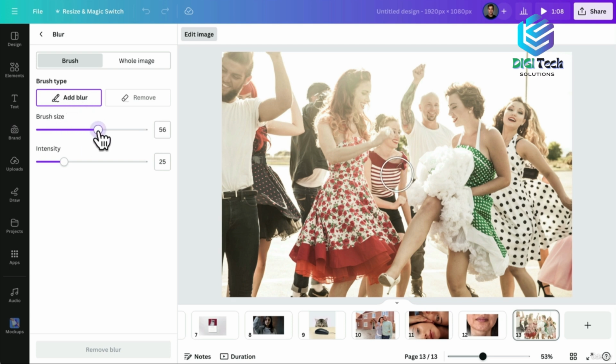We can choose the brush size with the slider here, and then we can choose the intensity. If you just want to blur slightly, I recommend having this set quite low. So let's decrease the intensity to around 10. So now the faces should be unrecognizable, but it won't ruin the image. If we have the blur intensity too high, then the image may look a bit strange. So we need to click and drag over the faces like this to blur them. So let's keep these two in focus, and let's blur the rest. Okay, there you go. So now we shouldn't be able to recognize these people, but it's not too obvious that